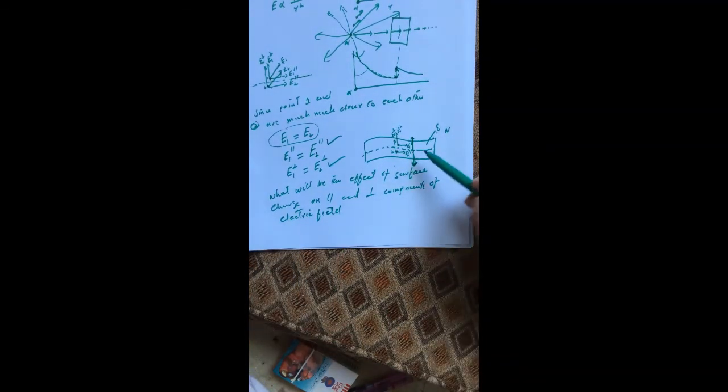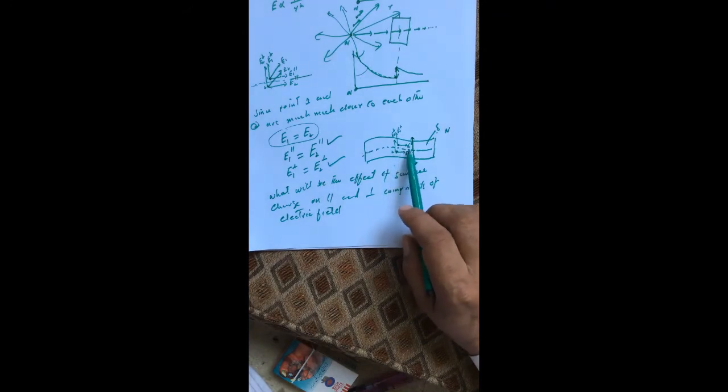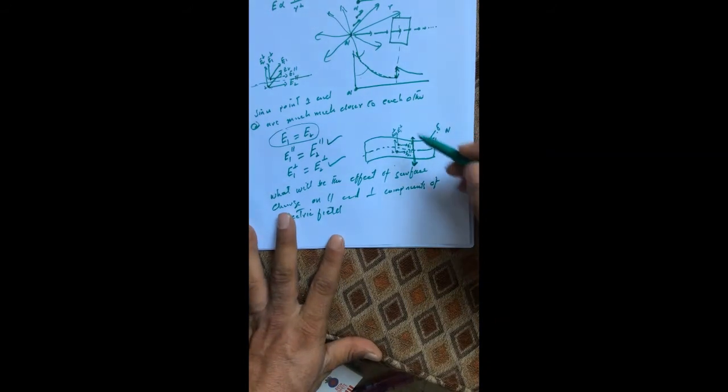So it means that the components of electric field of this surface do not affect the parallel components E1 and E2, but they affect the perpendicular components,